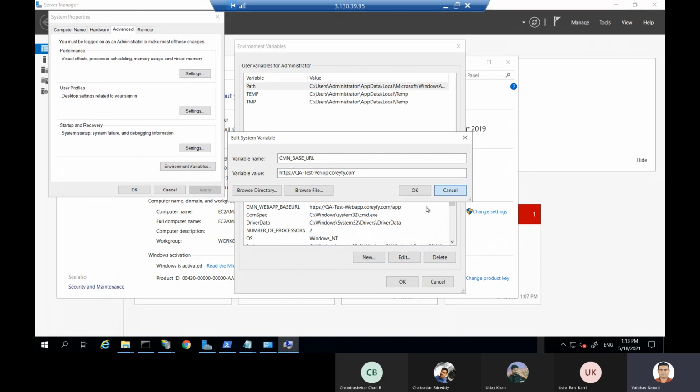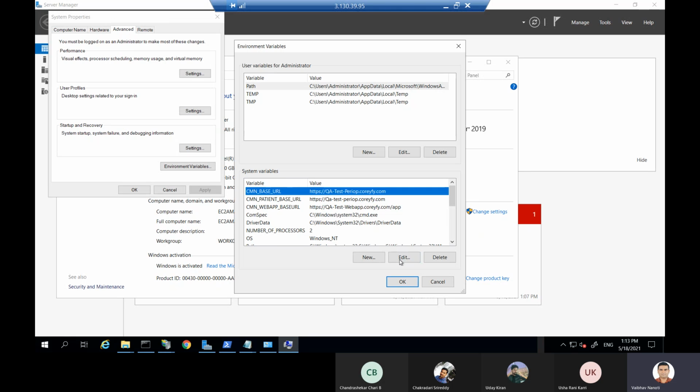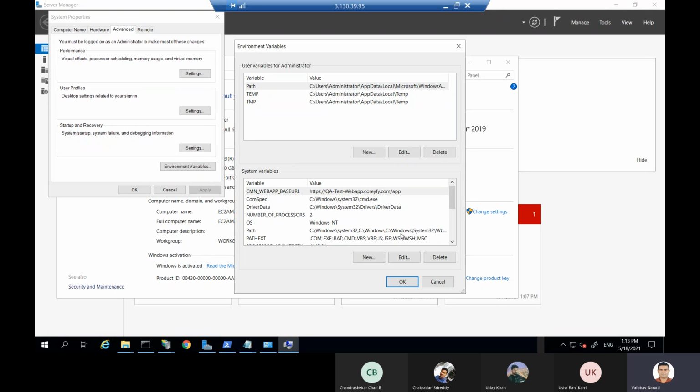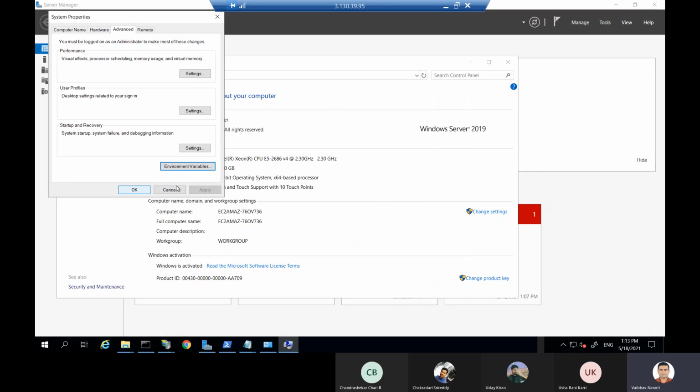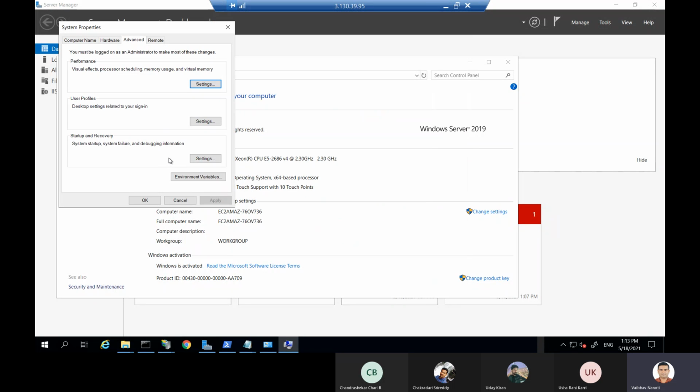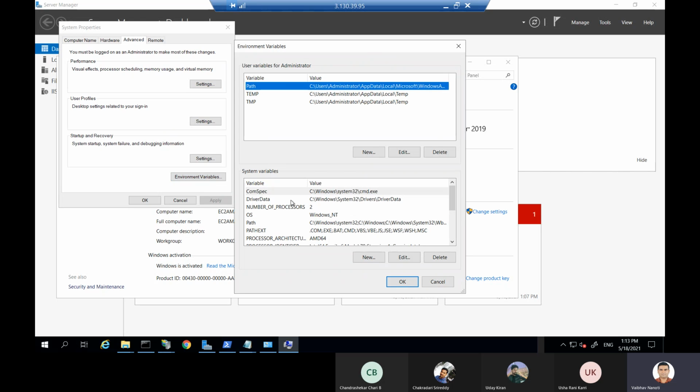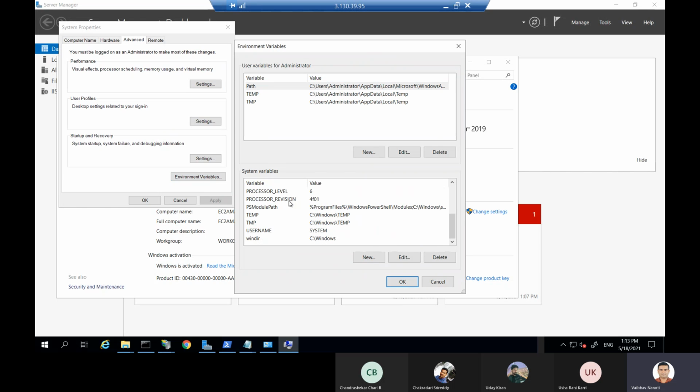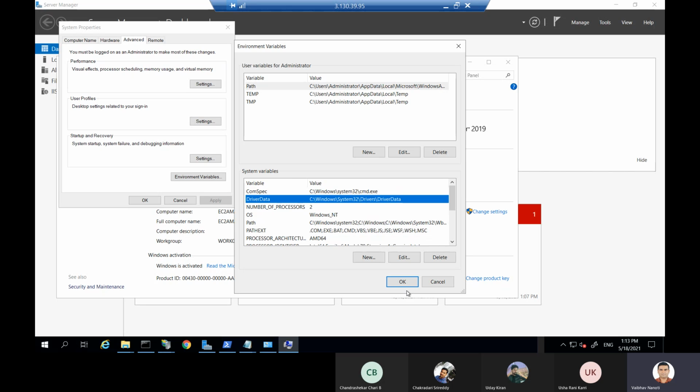I am removing that one right now, which I already tested over here to check whether I'm correct or not. You can see I already deleted it, and apply. Now once I open settings, environment variables, you cannot see any such variable right now, right?